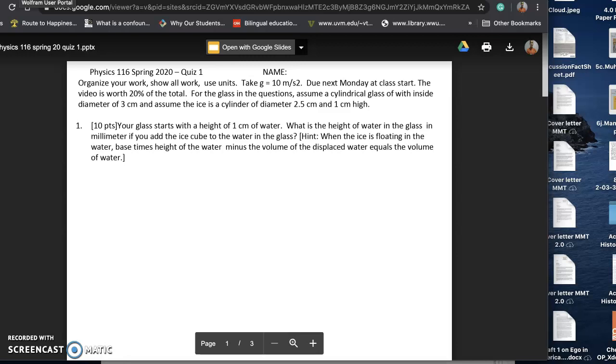In order to do this, first you look into the pieces that are given and illustrate the following. You know that the diameter of the glass is 3 centimeters and that the ice has a diameter of 2.5 centimeters and a height of 1. So to find the height of the water once the ice is in,